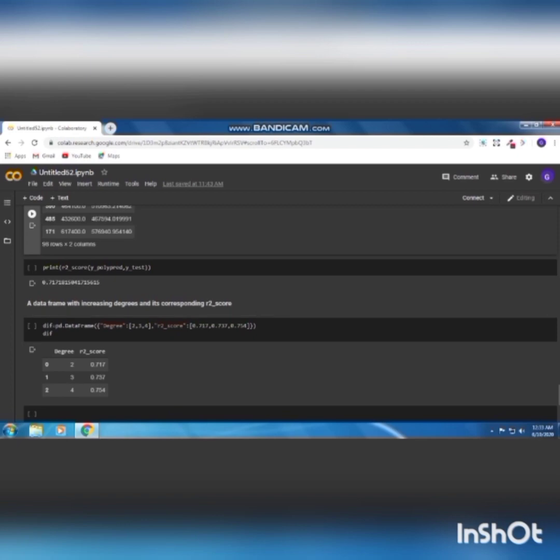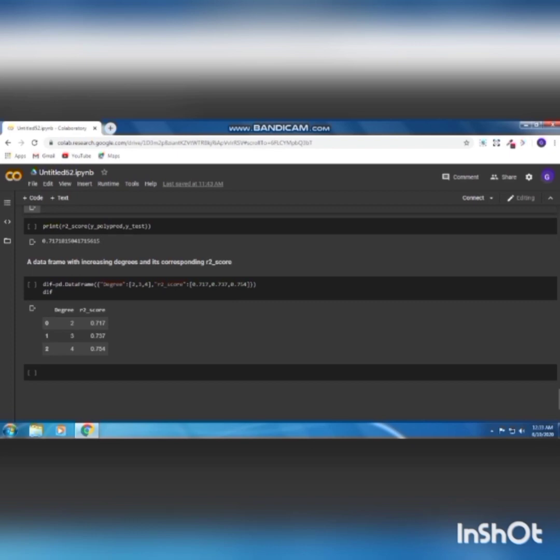A data frame with increasing degrees and their corresponding R2 scores. Now we are checking our model performance with increasing degrees. As we increase our degree from 2, 3, 4, our R2 score increases as 0.717, 0.737, 0.754, which suggests that as the degree of the polynomial equation increases, the R2 score also increases, meaning the data points are fitted ever more closely to the regression line, which results in overfitting, which should not be done for better accuracy of the model.